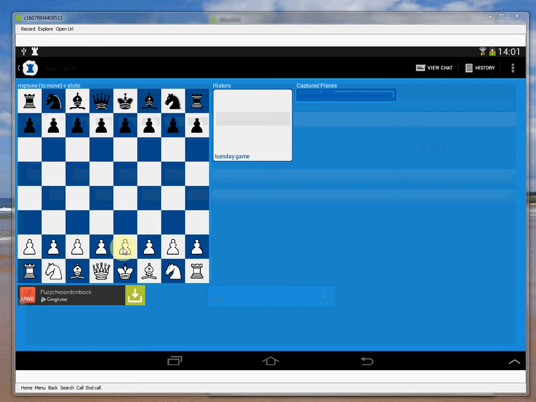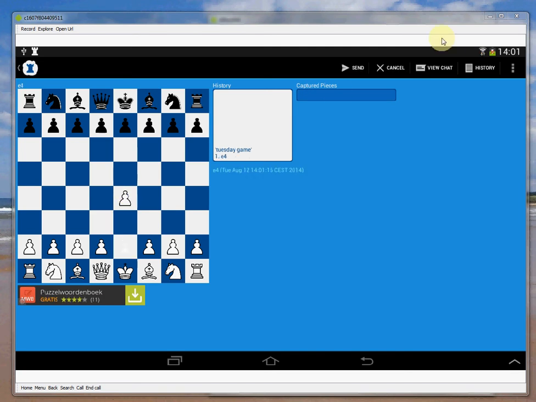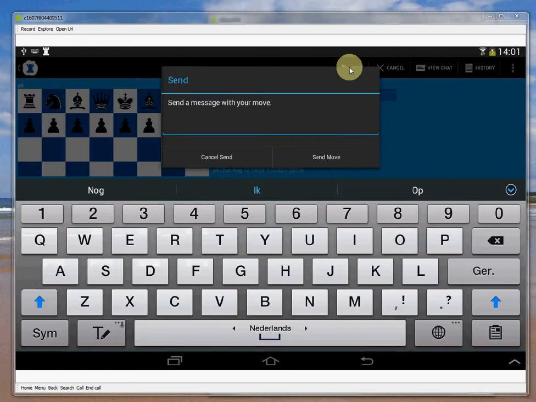So to make a move, what we need to do is touch the piece that we want to move, and then touch the square that we want to move it to. At this point we get a send action, which if we touch on, we can say send a message with our move. Okay, so now is the time